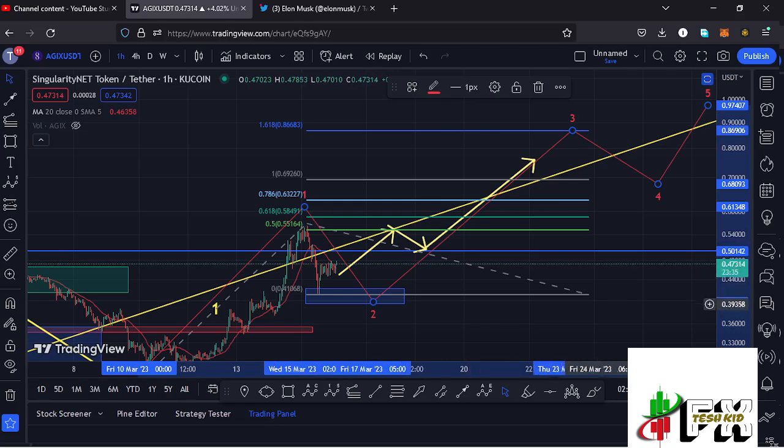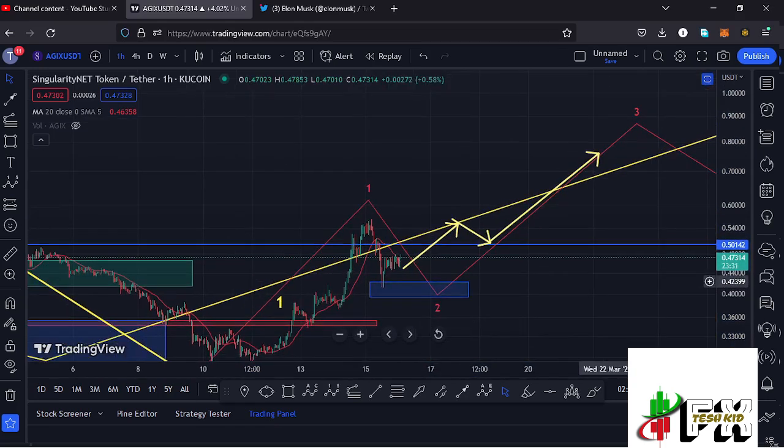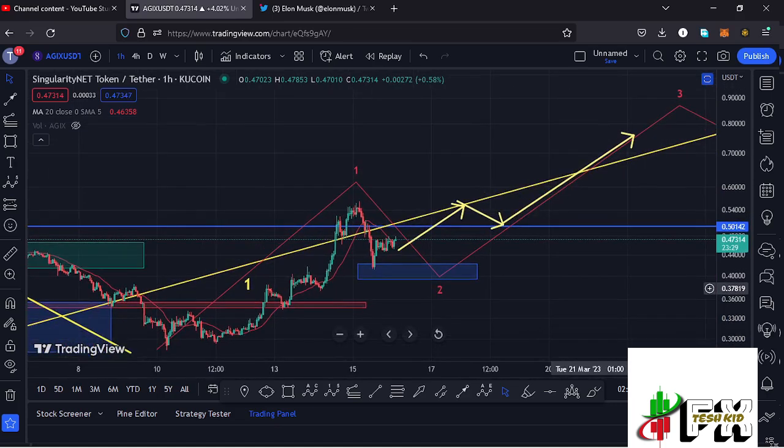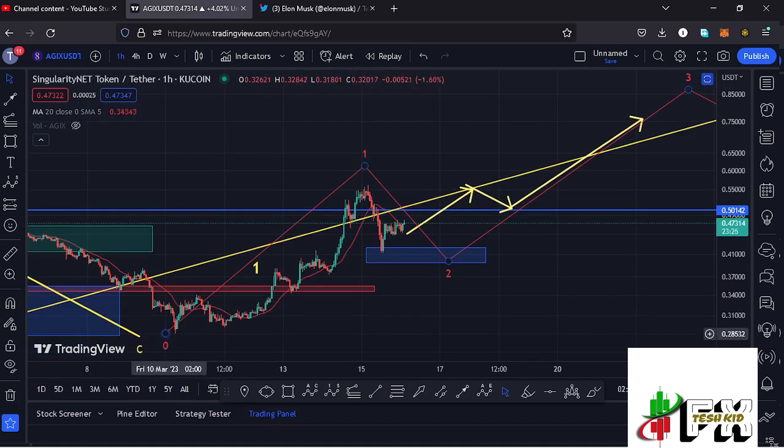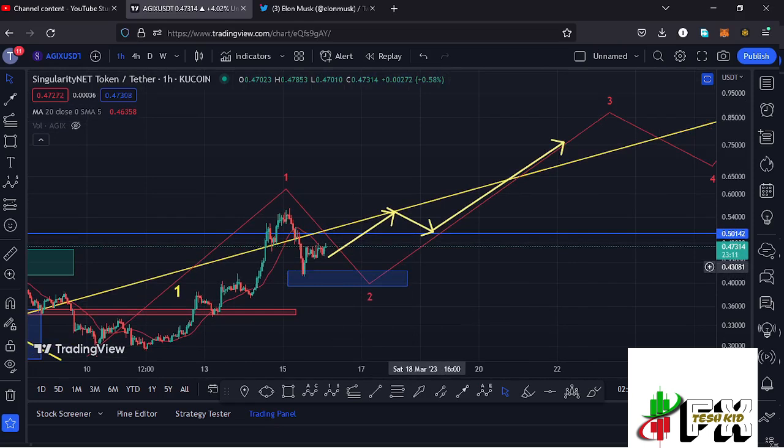So there are chances that we have bottomed out in the formation of this wave 2, and this was a perfect entry to get back into AGIX. For those that were not able to buy AGIX at around the $0.28 mark, this was another perfect entry, and I think we are still early, but that is not financial advice, so make sure that you do your own research. And I'm expecting another massive run up to the upper side in the formation of that wave 3,